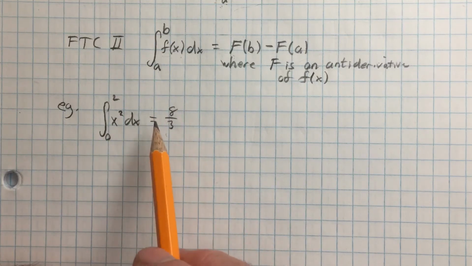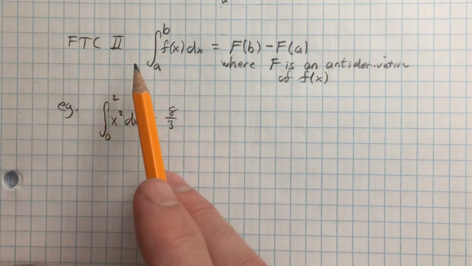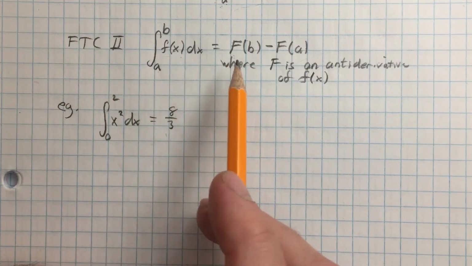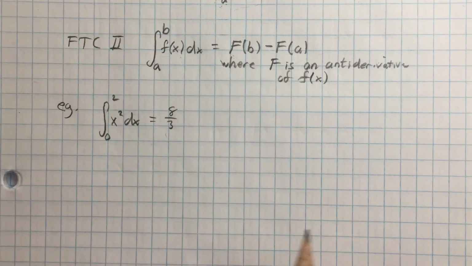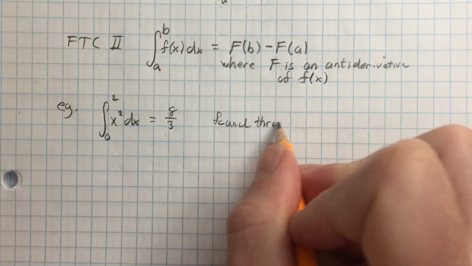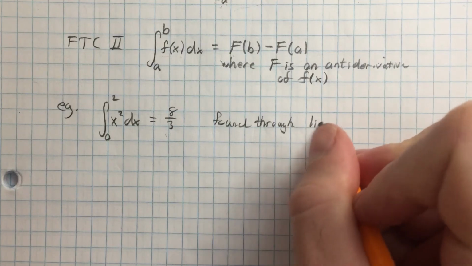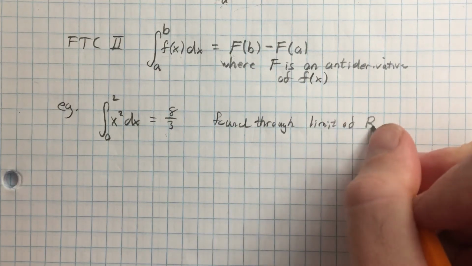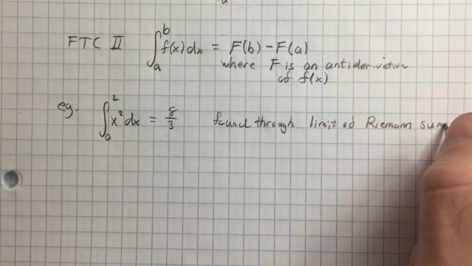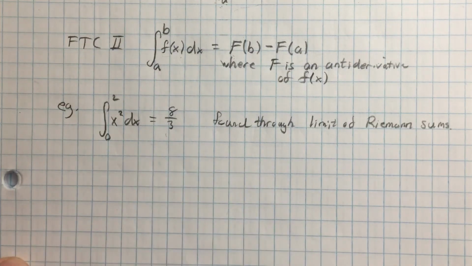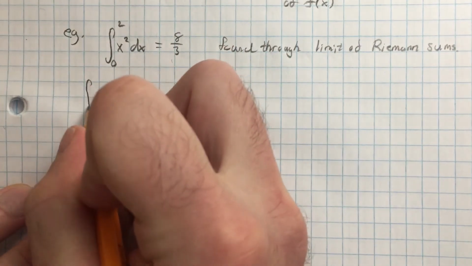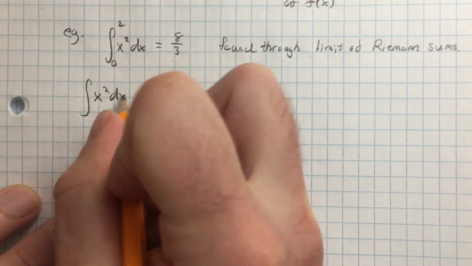So instead of doing all that, what we're now revealing through the Fundamental Theorem of Calculus Part 2 is that it is not necessary to perform that in all these cases. Rather, you can take an antiderivative and subtract. So although we found this through a limit of Riemann sums, there is a secondary, more important and efficient way to do this, and that is the antiderivative of x squared